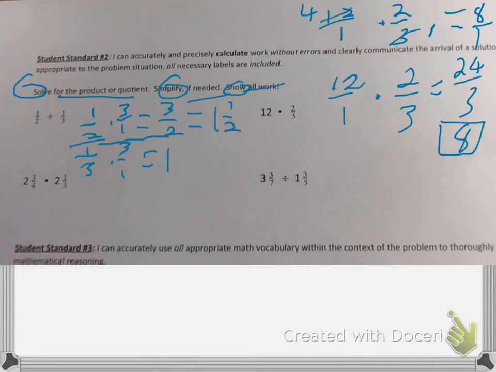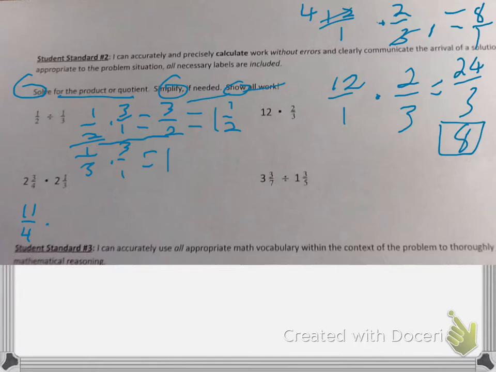Alright, so let's take a look at mixed numbers. Multiplying those mixed numbers, 2 3/4 multiplied by 2 1/3. Again, a couple ways to do this problem. Here's the first way. Improper fractions, 11/4, because 4 times 2 is 8, plus 3 equals 11, bottom times the side plus the top, because we have 2 wholes, 4 parts in the whole, so that would be 8/4 plus 3/4 is 11/4, multiplied by